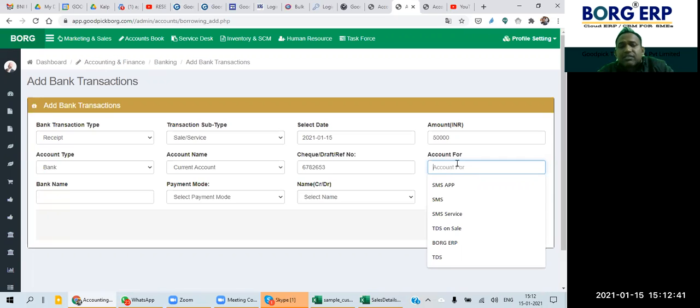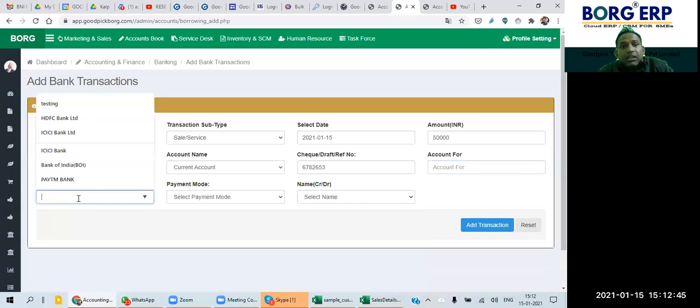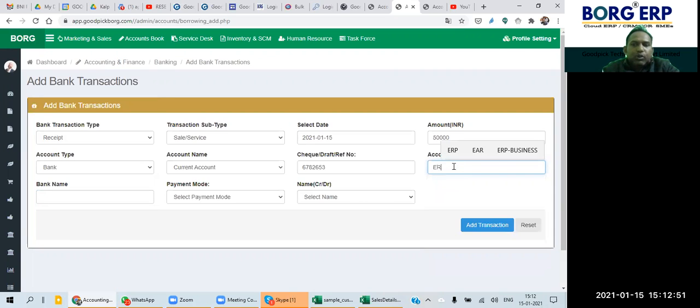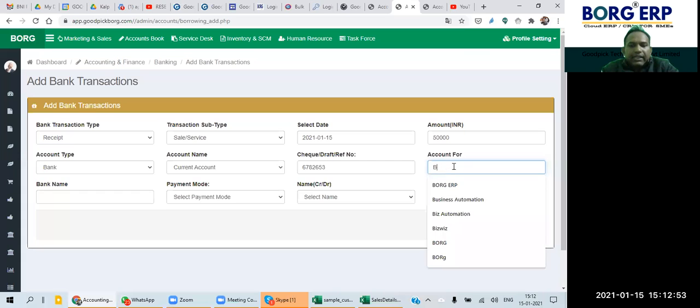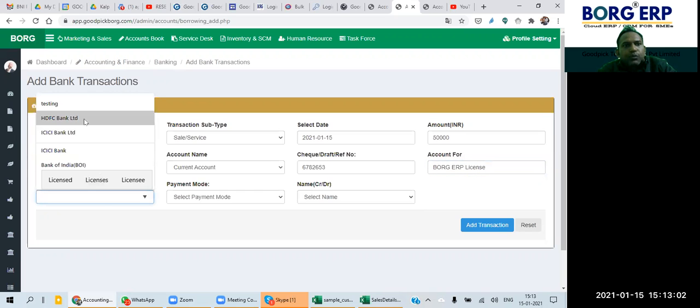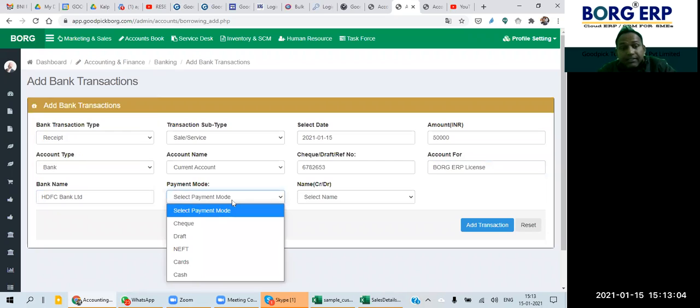That's your reference keyword only, not more than that. So here, for example, I have received from Borg ERP, for the Borg ERP license. Then bank account, which bank, for example, HDFC Bank.